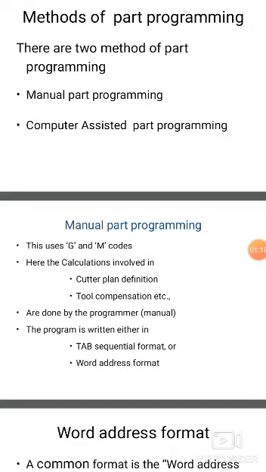The part program is a block by block listing of machining instructions. It is prepared step by step, for the particular machine, so that the machine can understand it step by step. It writes the program in machine language, which is a very low level language. Which tool is to be used, where to move, and how much distance it should move, we write all of these in part programming. So that is manual part programming.